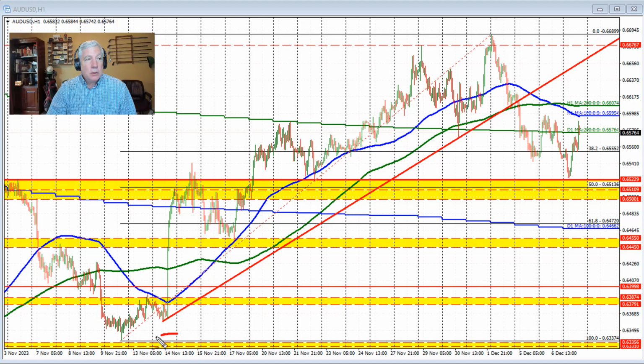Looking at the hourly chart, the low price here in November trended the price all the way up to the high price going back to the first day of December, and then since then the price has rotated back to the downside. That rotation to the downside first moved down toward the 38.2% retracement, fell below that level and should have continued its rotation down toward the 50% retracement and maybe this swing area here,